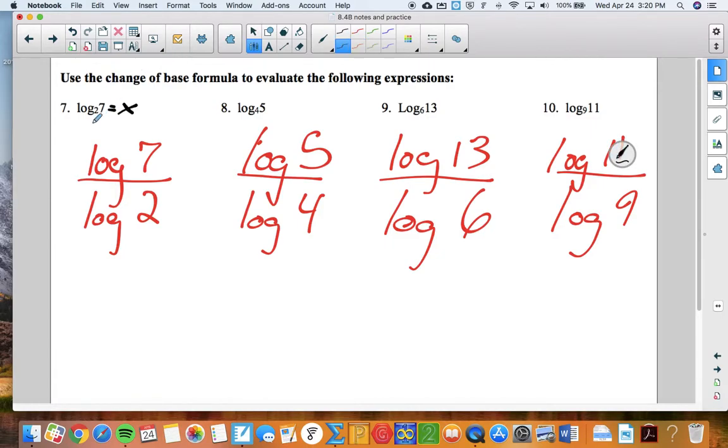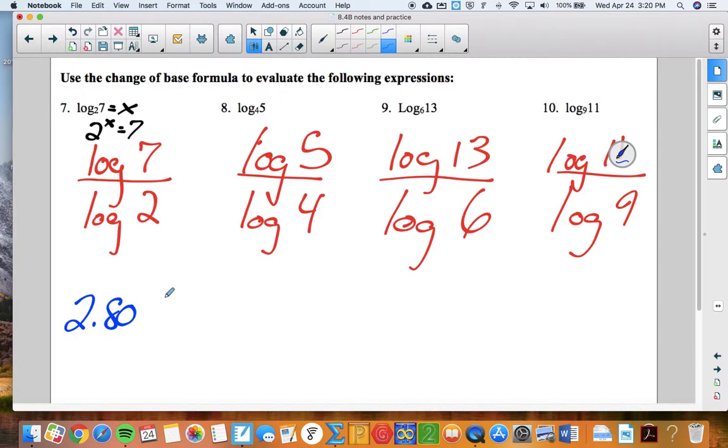So the cool thing about this, folks, is here we're really thinking, what does x equal? So really we're like, 2 to the power of x equals 7. That's a nasty problem. You'd have to guess and check, and it would get super tough to figure out what exact number. It's going to be a massive decimal. 2 to what power equals 7? That's crazy. Well, what's awesome is we can just calculate it. We can just do log 7 in our calculator divided by log 2, and you should get